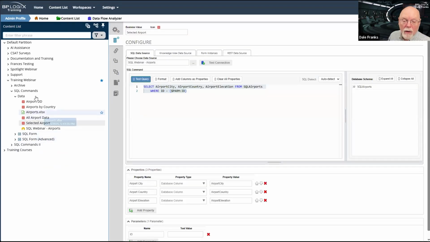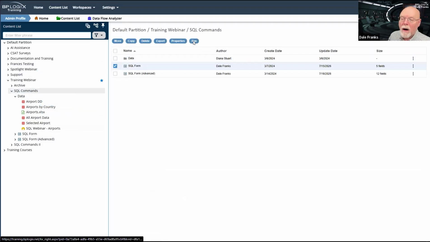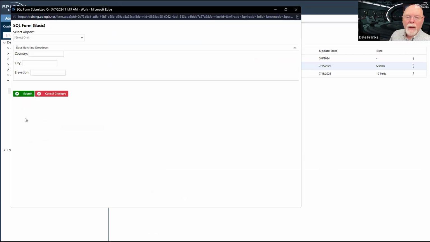If we were to go back and look at our basic SQL form, it's only returning the country, the city, and the elevation for the airport. That is all it is pulling.